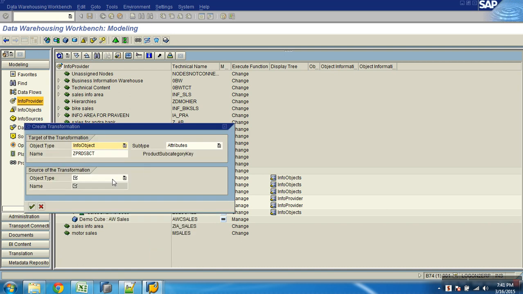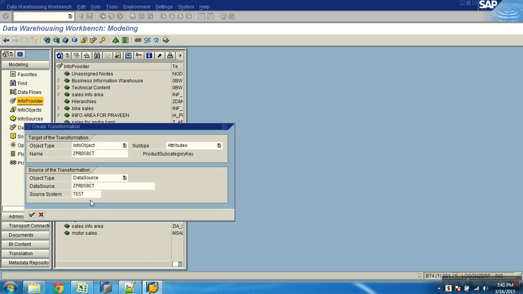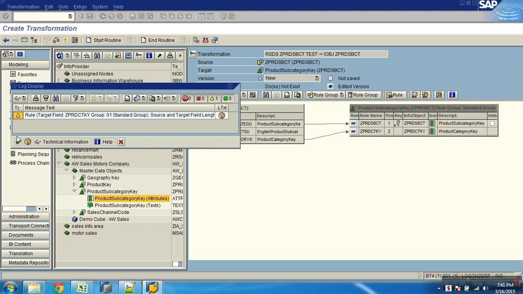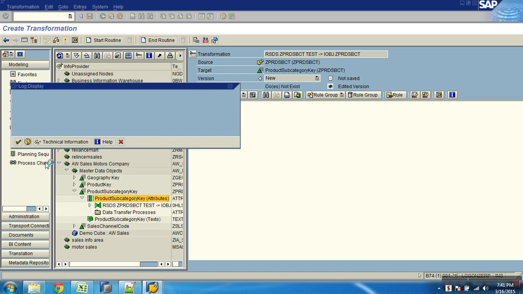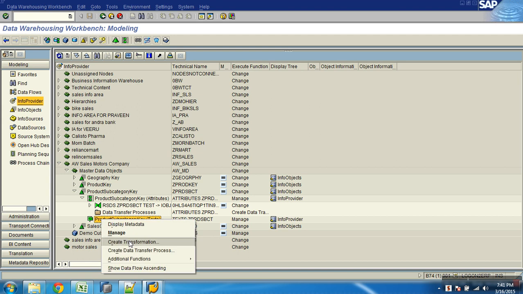Attribute, create transformations, data source. And the description is not mapped here. Text again.